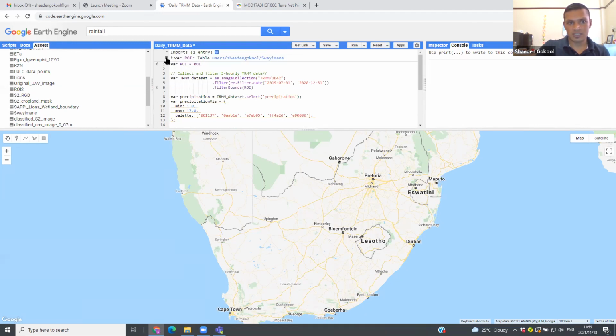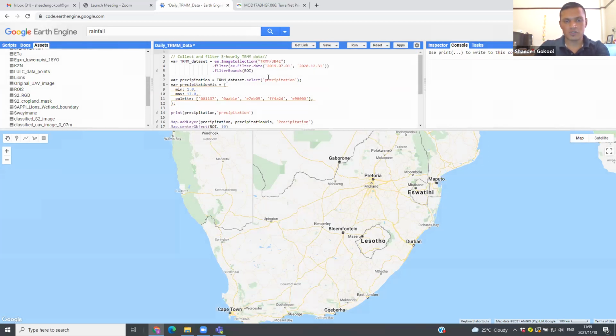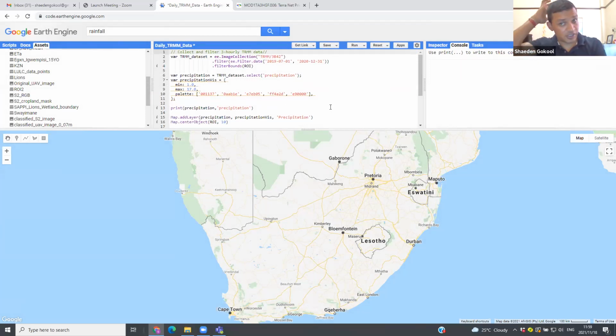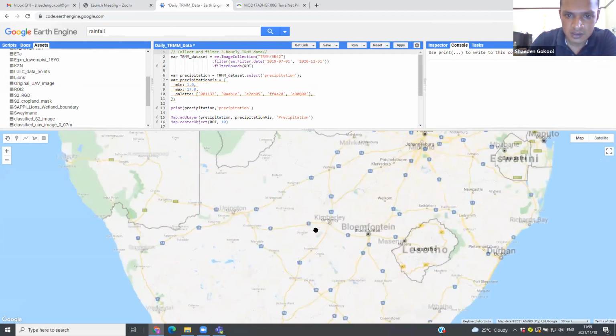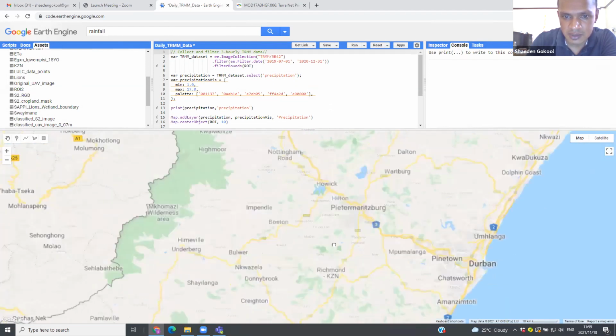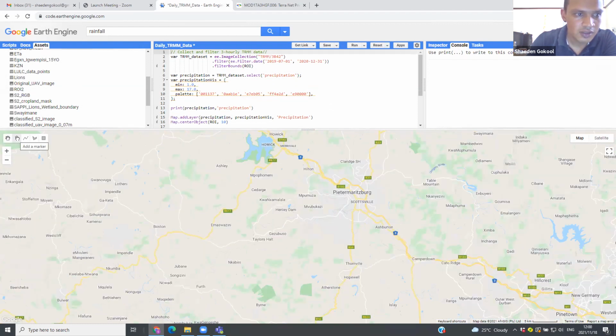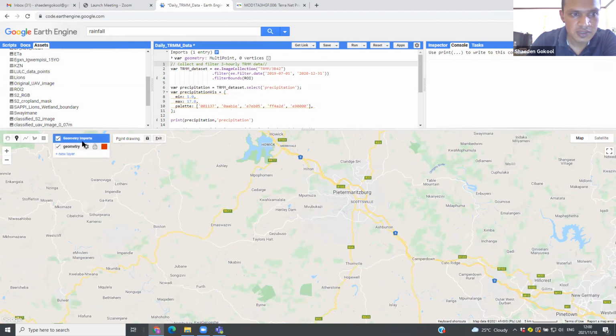So I'm just going to remove this region of interest now because it's a fairly small area and it's probably not going to work well, but I want to show you quite a useful feature in GEE. If you don't have a shapefile, but you know where your region of interest is. So I will work with somewhere around Pietermaritzburg, where I'm currently based. So at the bottom over here, where you're viewing the map, you see there's the hand icon for panning. There's a point which comes up with the name geometry. So if you click on geometry,